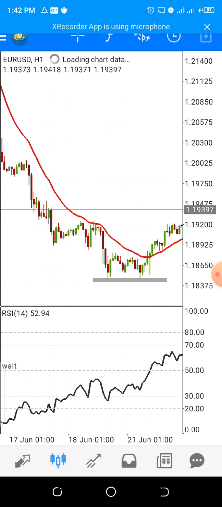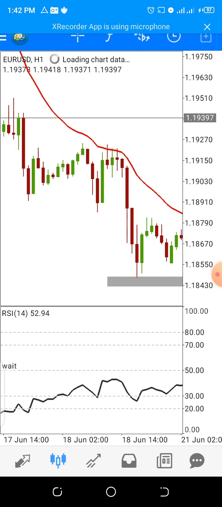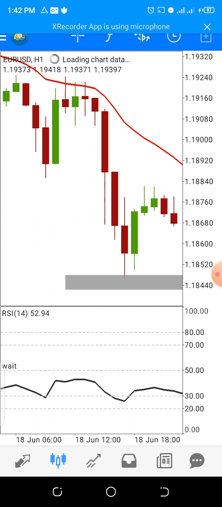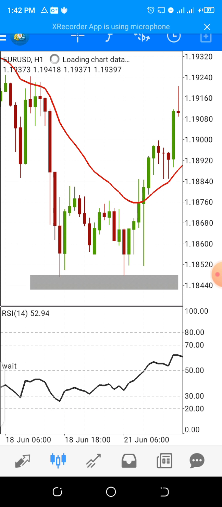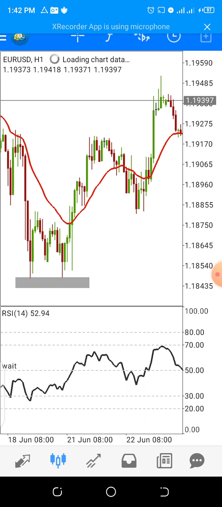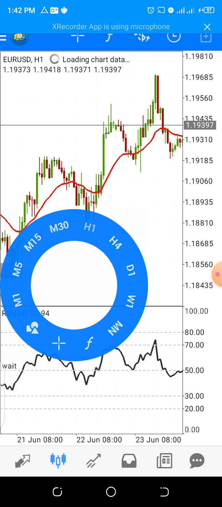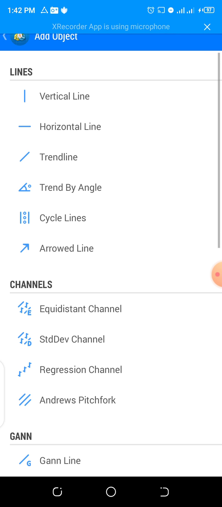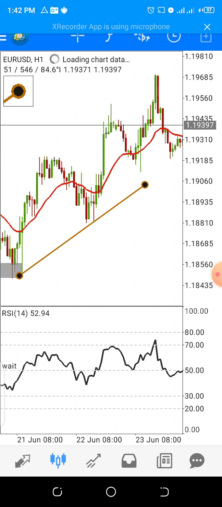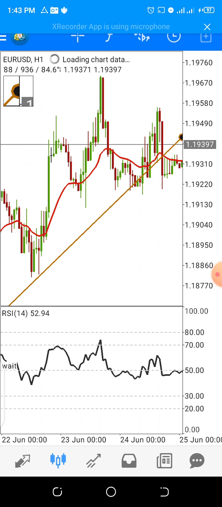You can see on this day we did not really have much, but this day we had something close. Okay, something close here. When it got here, rejected, and the trend was reversed with a notable structure here. Ever since it was reversed, price kept breaking in between the moving average. We don't trade this, please take note. Whenever you see price breaking in between the moving averages, one thing you should know is that